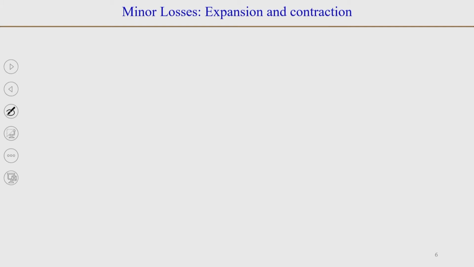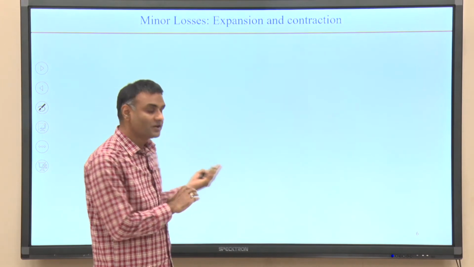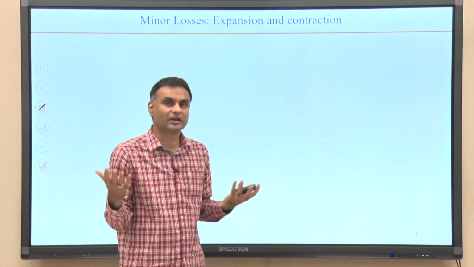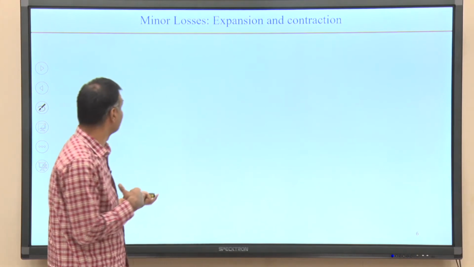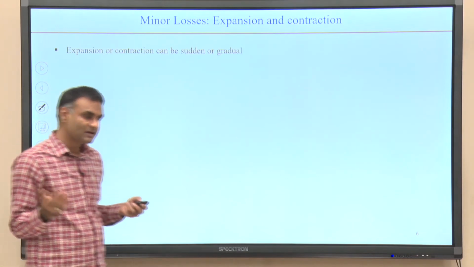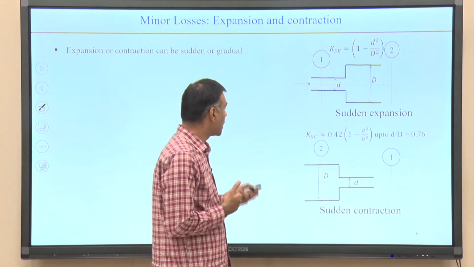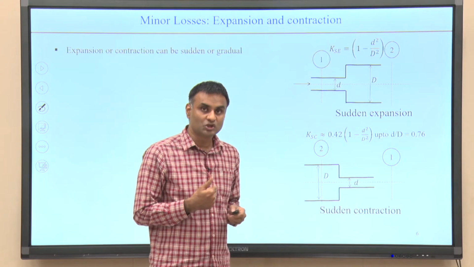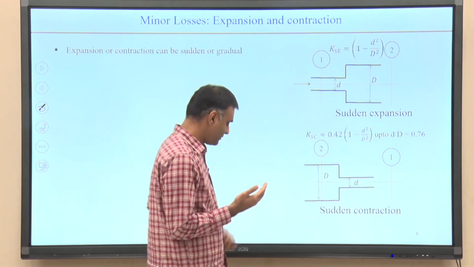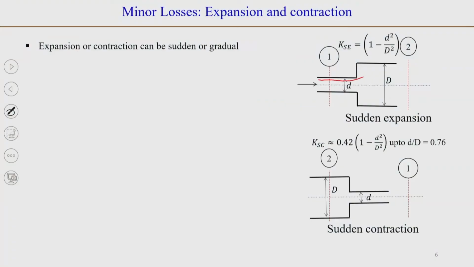Okay. Then you have, say, reducers and expanders. Actually, as we saw, inlet and exits are also a kind of reducer or expander, right. So, these expansions can be either sudden, where you have a sudden change in area, for example, sudden expansion as you can see here, or sudden contraction. So, for sudden expansion and contraction, for example, when you have the flow expanding, the streamlines will be something like this, and you will have